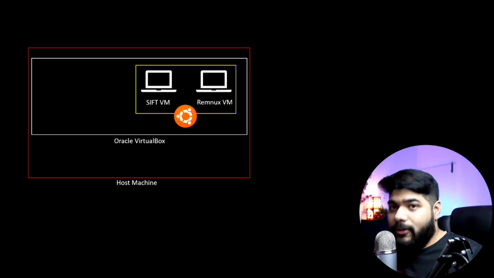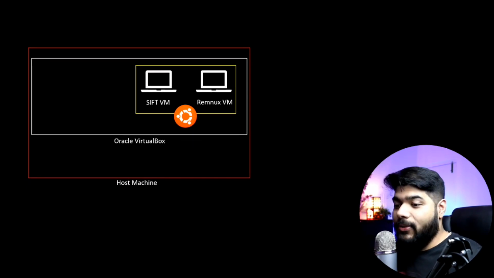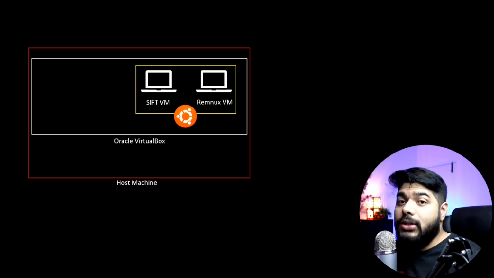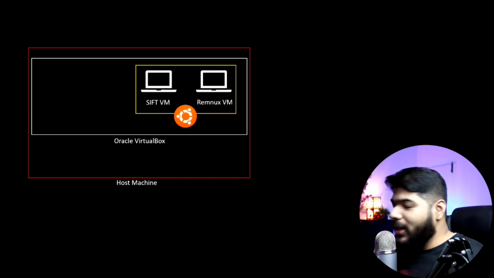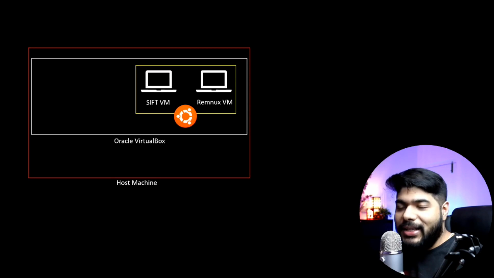They are basically two different operating systems, so you can install them separately, but in this episode and my tutorial, I prefer to install both into one Ubuntu machine. Those will be Dockerized platforms. So by running only one Ubuntu machine, which runs on your Oracle VirtualBox, you can access both of them simultaneously.